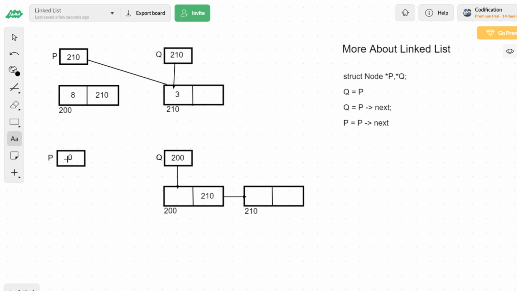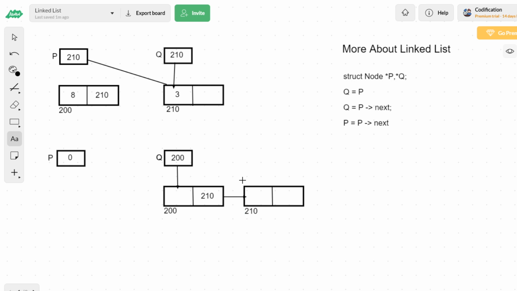What is this 0 for? The 0 is for telling that the particular pointer is not referring to any other node. Suppose this pointer is equal to 0, what does it mean? It is not linked to any other node. That is what it means.